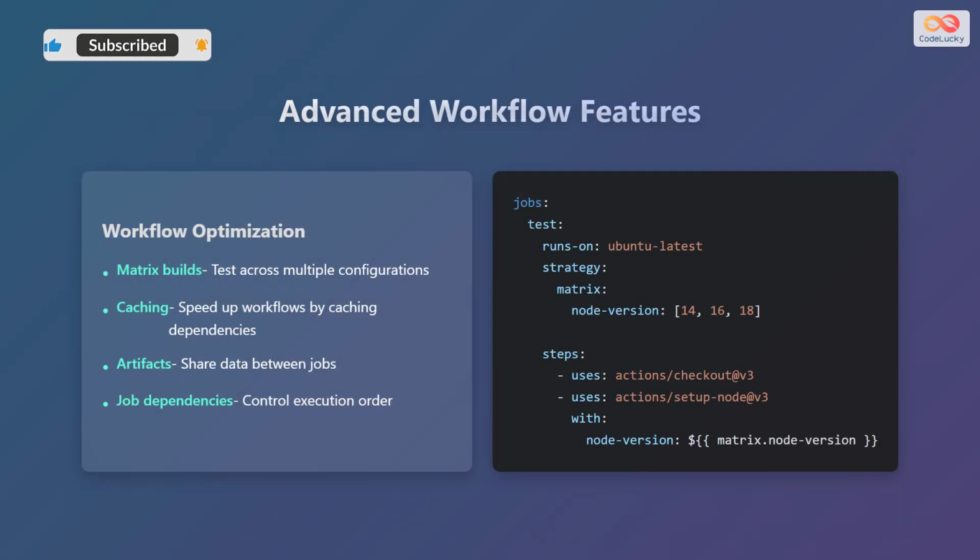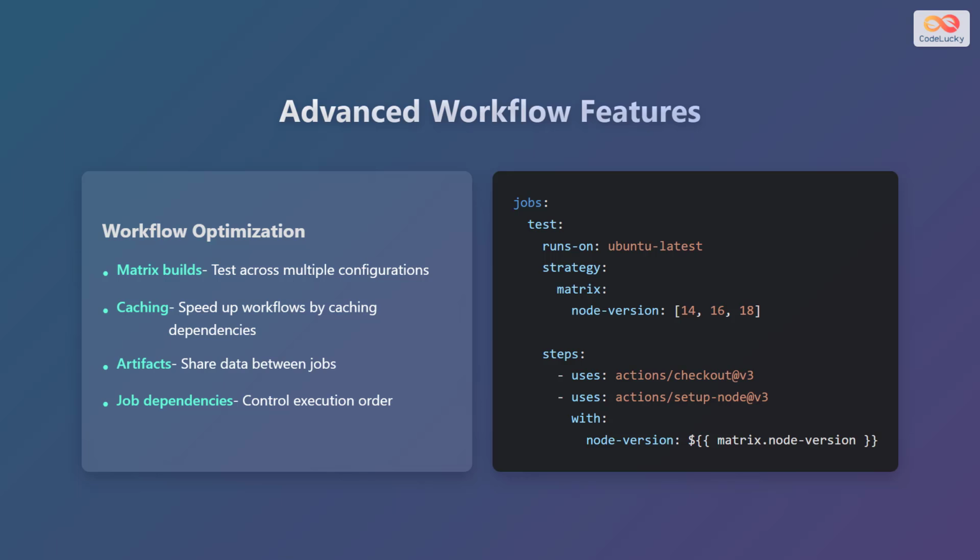Let's take a look at some advanced workflow features that can help you optimize your workflows. Matrix builds allow you to test your code across multiple configurations. Caching allows you to speed up your workflows by caching dependencies. Artifacts allow you to share data between jobs, and job dependencies allow you to control the execution order of your